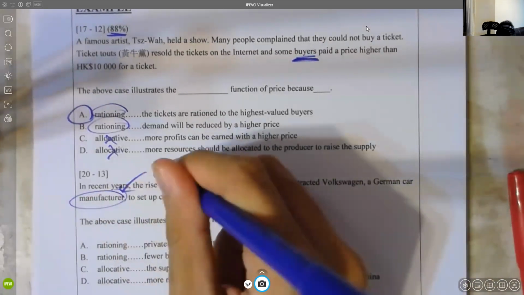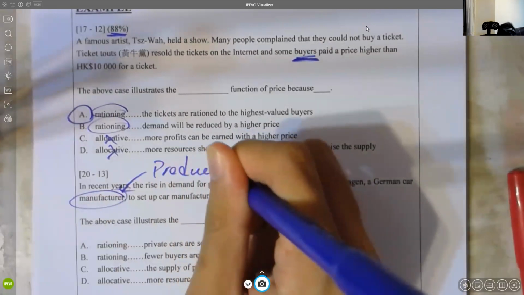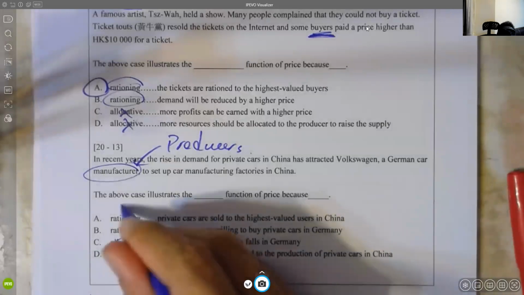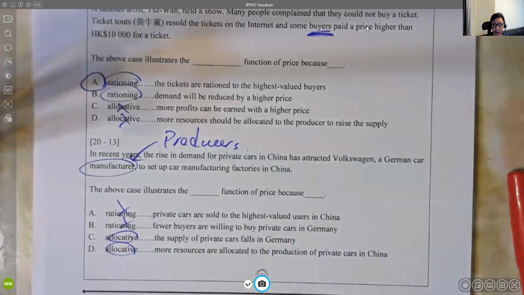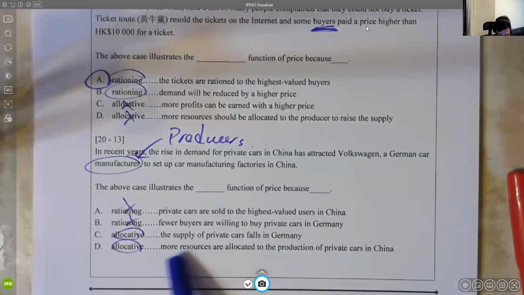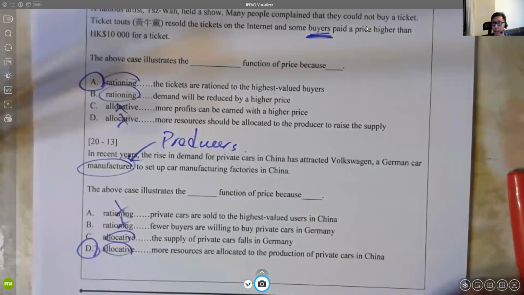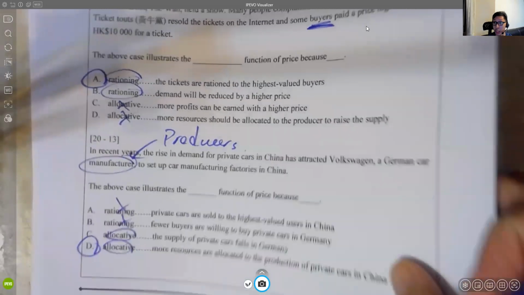We are talking about the producers. Therefore, you will see that this would illustrate the allocative function. 我哋講 producer 啊嘛，係咪啊？Now remember, how do you explain allocative function? More resources are allocated to production. D 咯，係嘛？D will be the answer. 係咁容易㗎啦，function of price 啊嘛。